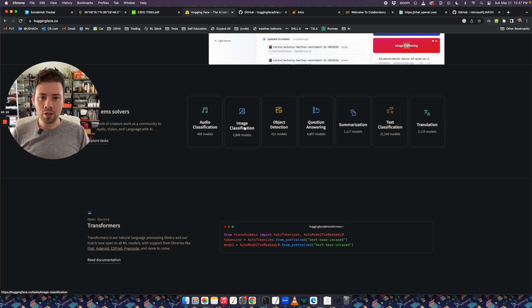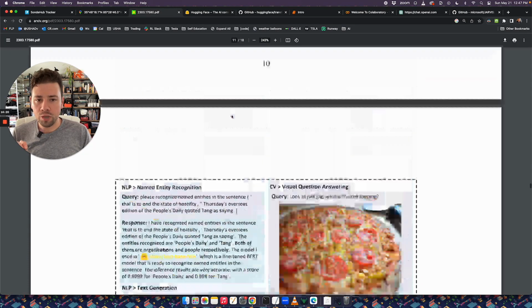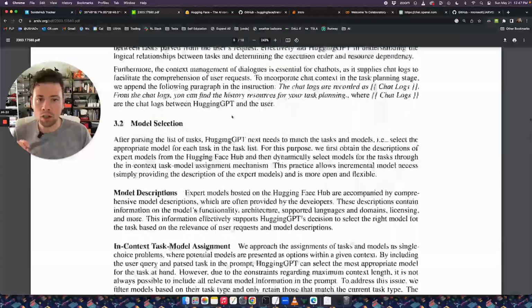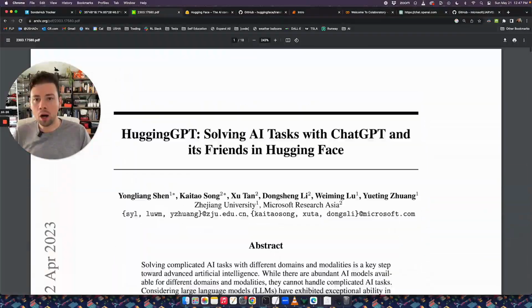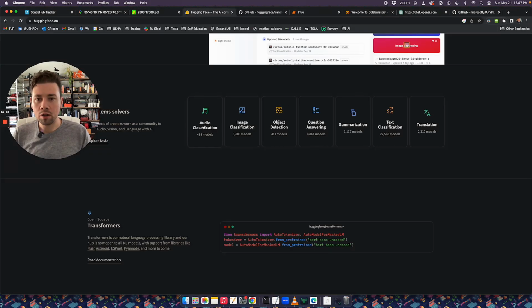GPT is able to do this with all kinds of tools, and that is why the Hugging GPT research paper worked, because it is able to figure out how to use the models that are hosted over here on Hugging GPT on its own. It doesn't need to be told how to do it, which is the biggest breakthrough, that it can intuitively learn how to use the AI models. So that is a look at